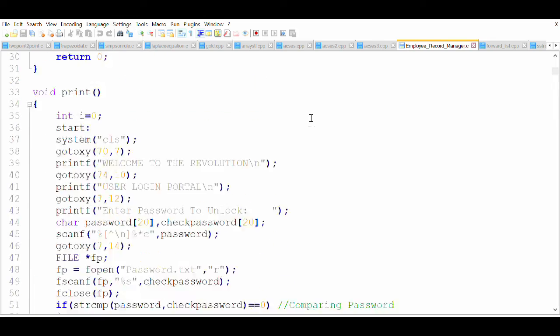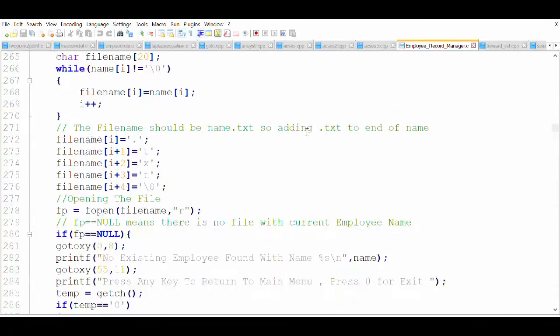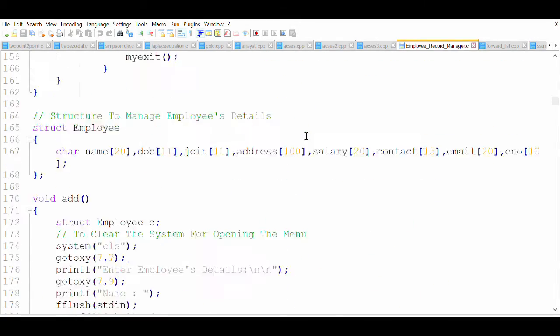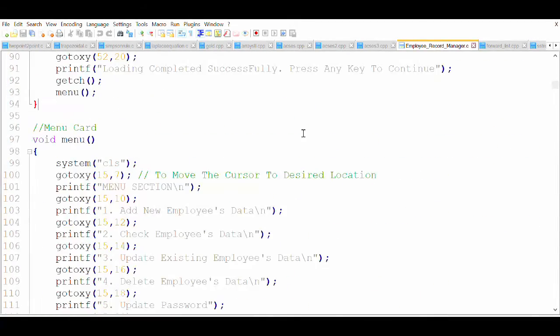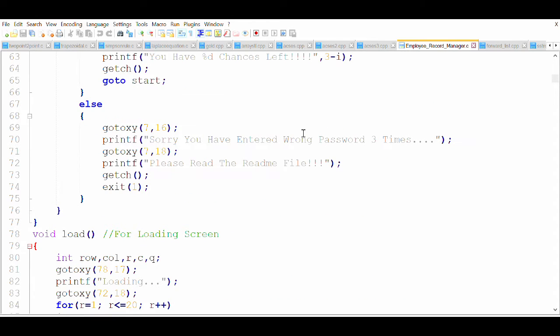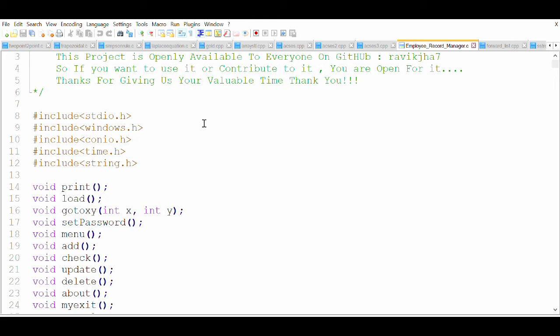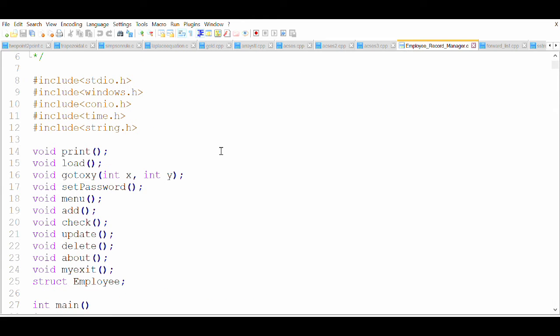As you can see, the source code is very long, so I don't think I will be able to explain everything in this video, but I will try to explain as much as I can. For your knowledge, I am making this video for the second time, because the first time the recording was not stopped properly and it was not able to record this. I don't know how the system works in Windows, so I don't know what to do about it. But yeah, let's get to it again. Oh my god, I have to do it again.